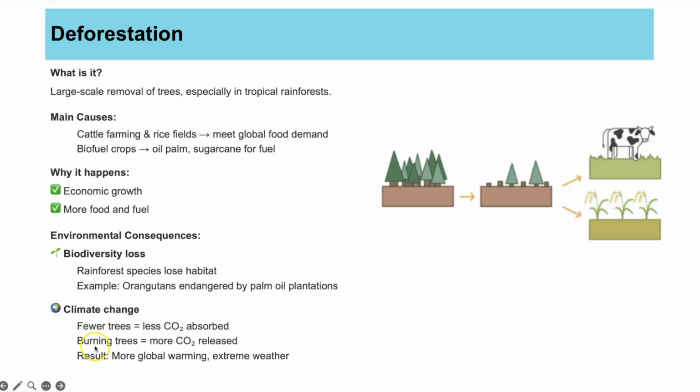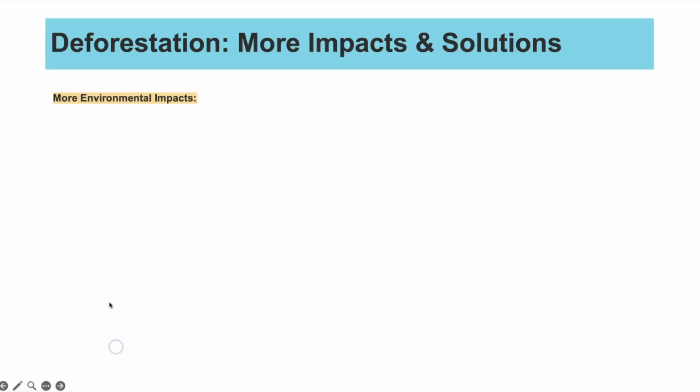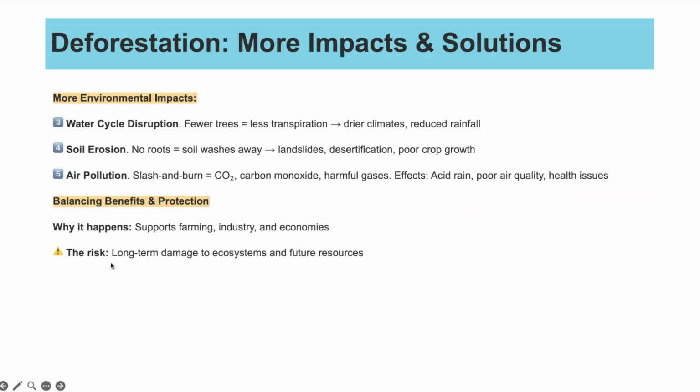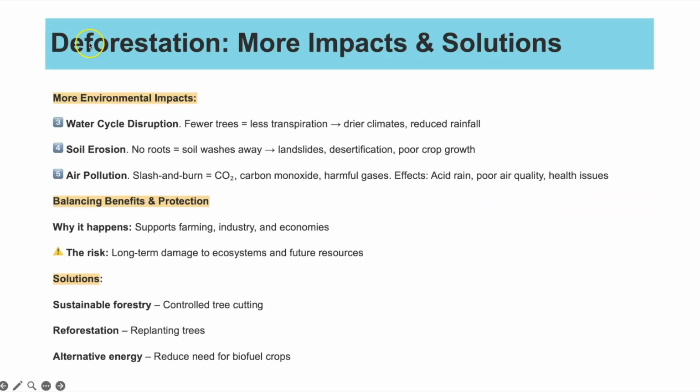And this concept has come up a few times as a long answer question, knowing both of those reasons, so combustion but also lack of photosynthesis, is why we get more carbon dioxide and therefore it adds to global warming. So a few more impacts to consider here are, if you're removing forests, trees have roots